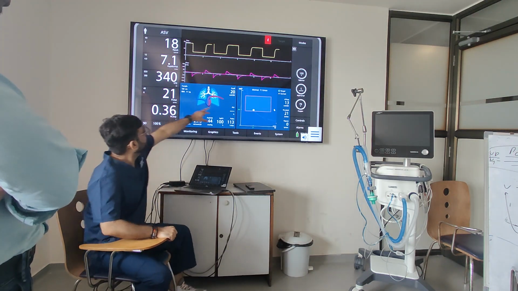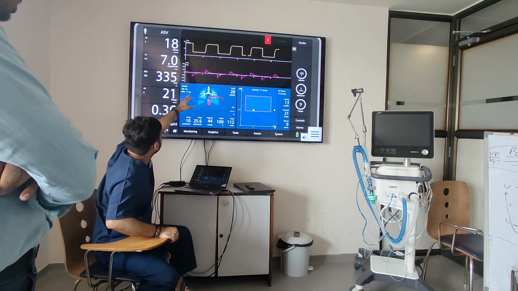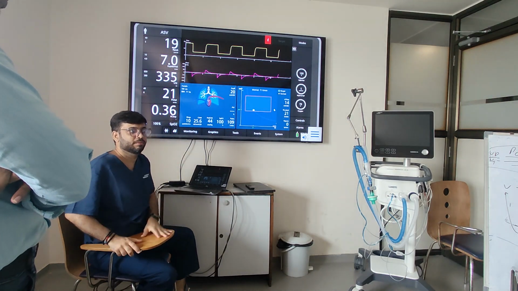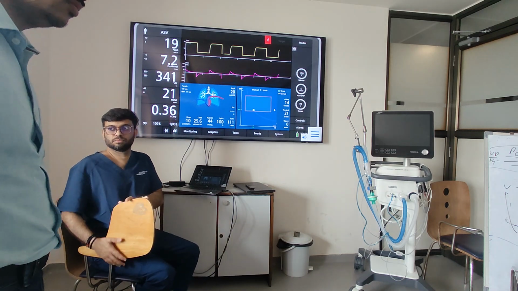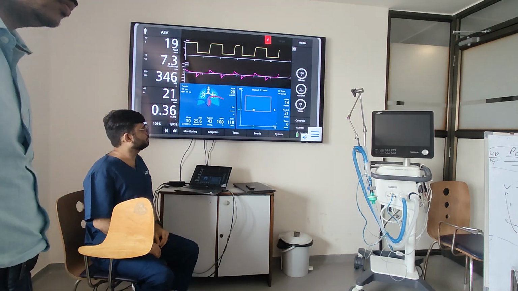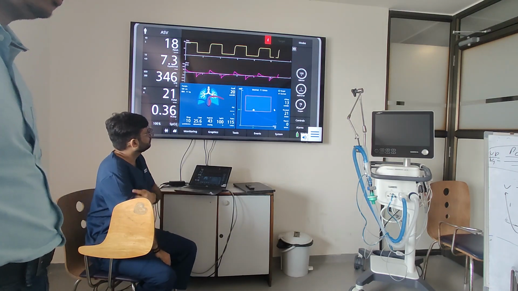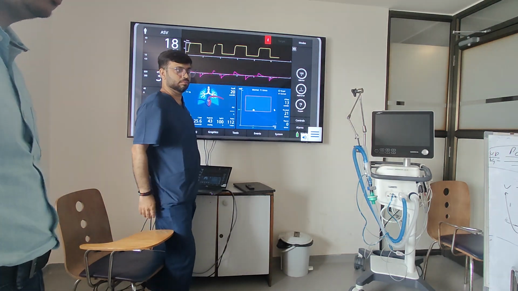Now, if you see the volume target change, initially it was around 480. Now it changed to around 337. It's almost achieving 330. So what would have happened otherwise? Say it was on volume control, and the same restriction is occurring. What would happen? Your plateau pressure would have gone over the roof, because the same volume is getting delivered. It was 600 or 500 or whatever. The same volume is getting delivered, and then your plateau pressures would have gone up, and that would have caused injury